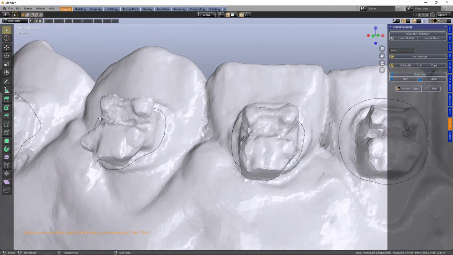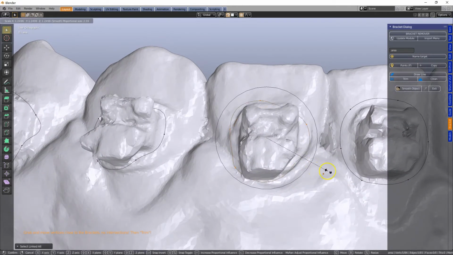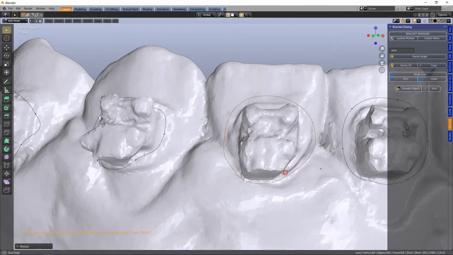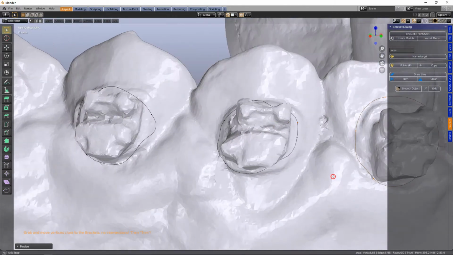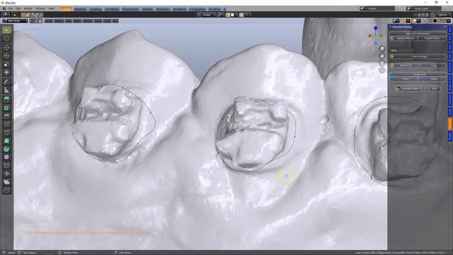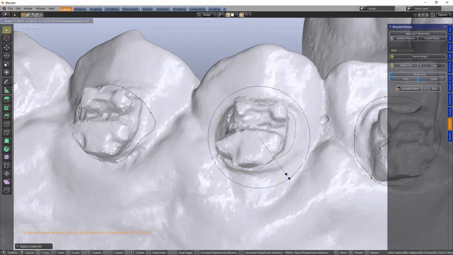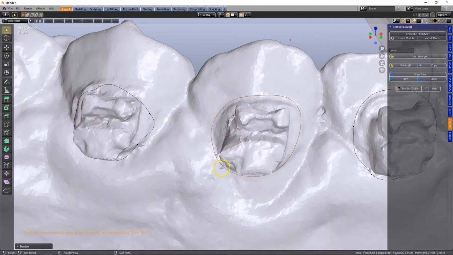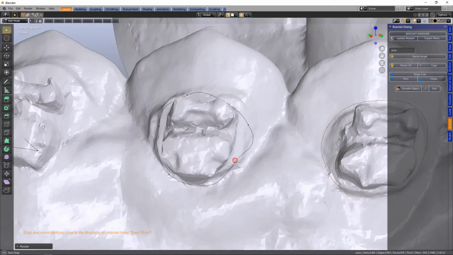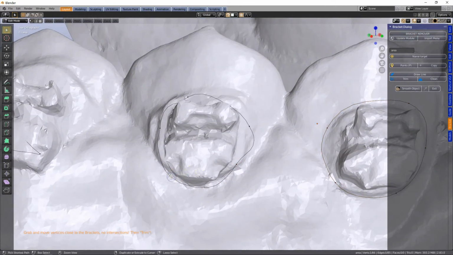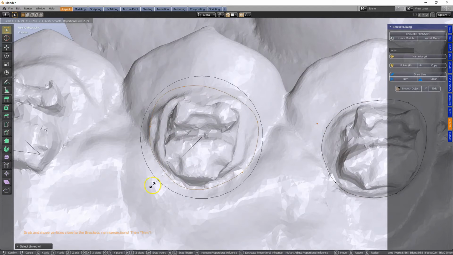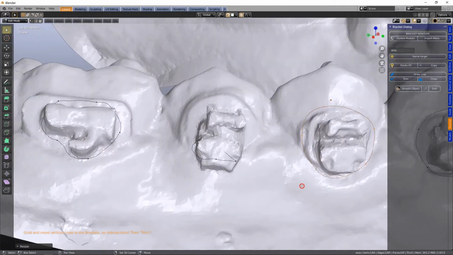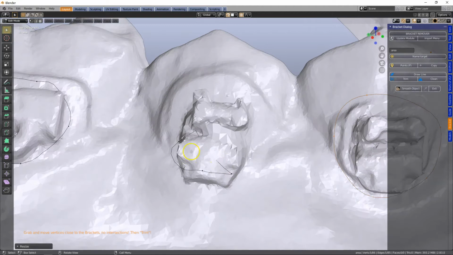Here Control L and use the S key to scale, and the same thing, Control L, scale. I may in the future put something on the menu where you can just click on that and scale automatically. Control L and then scale it outwards a little bit. That's good. Here we've got a bit of a blunder. Use the G key to grab